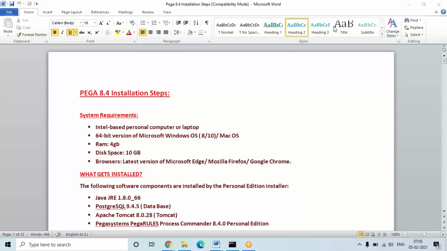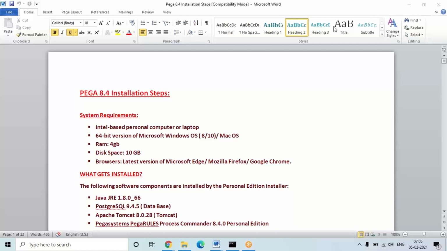In order to practice and use the application, if you want to install it on your systems or laptops, the edition you'll be getting is the personal edition, but the application look and feel and options, everything is the same. Apart from that, what are the other differences in the enterprise server? They will get access to the server and database based on their choice. Pega Systems will give the license and accordingly they can select the database and server. But in the personal edition, you don't have a choice to choose the database and server. You'll be getting a default database and a default server, and you just have to use that.